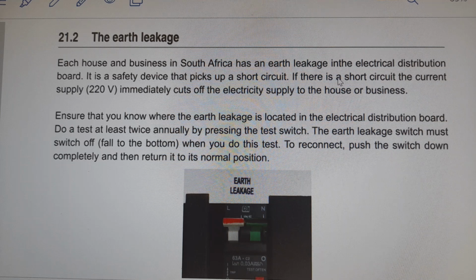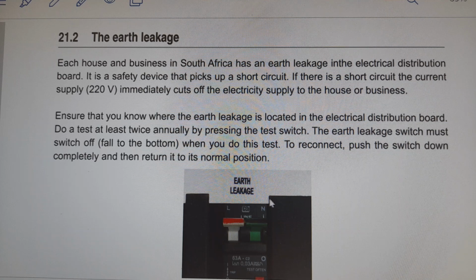If there is a short circuit, the current supply, which is 220 volts, immediately cuts off the electricity supply to the house or business. Ensure that you know where the earth leakage is located in